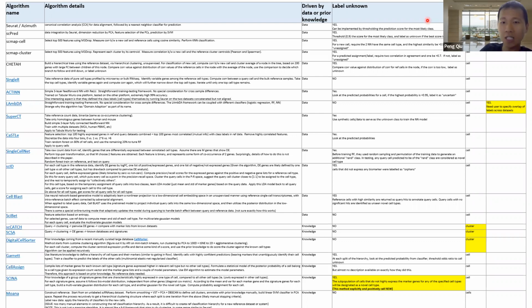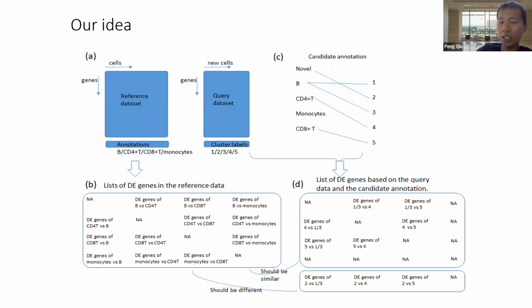Okay? Algorithm development is that we want to try to develop an algorithm that is able to explicitly label unknown, and then try to make use of multiple reference data sets. Then we can say that this new algorithm at least has some conceptual advantage, right? So that makes sense. Okay, and our idea is that we want to build an algorithm that's